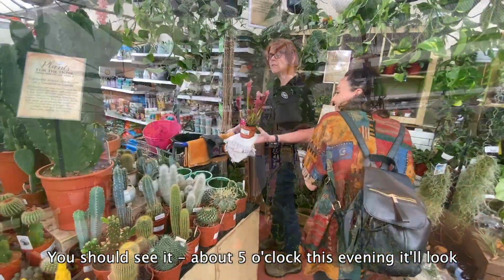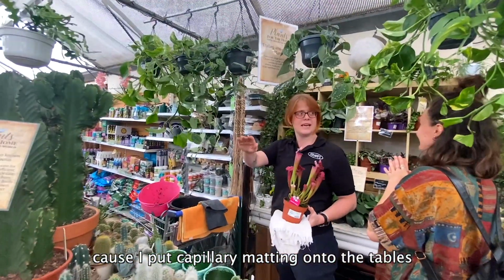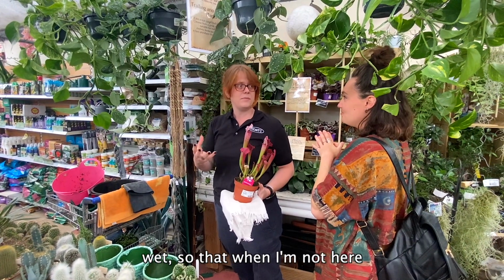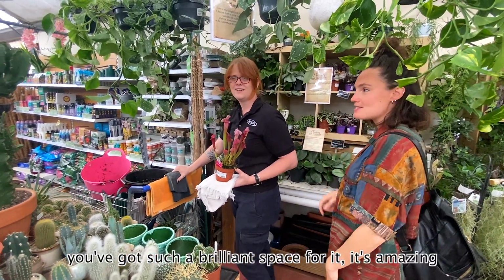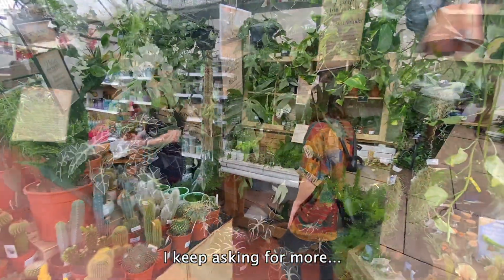See, at around 5 o'clock this evening, it looked like a paddling pool. So I put capillary matting on the tables. Yeah, so it helps to keep everything wet. So when I'm not here, all the humidity, it just works perfectly for it. It's such a brilliant space for it. It's amazing. Keep asking for more, but